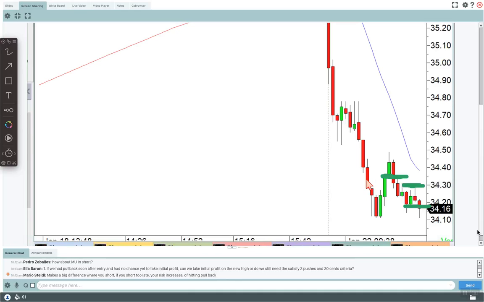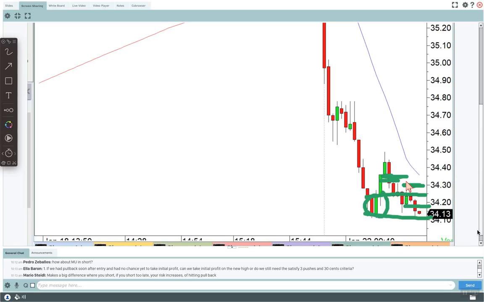For me, I was saying that the way this turned, it's likely to find some support here. And I'm thinking, all right, if I get in at 35, what's that, like 10 cents, 12 cents? I don't know. I'm not a very good low-price trader. I kind of lost my feel down in the lower prices because the dynamic is different.